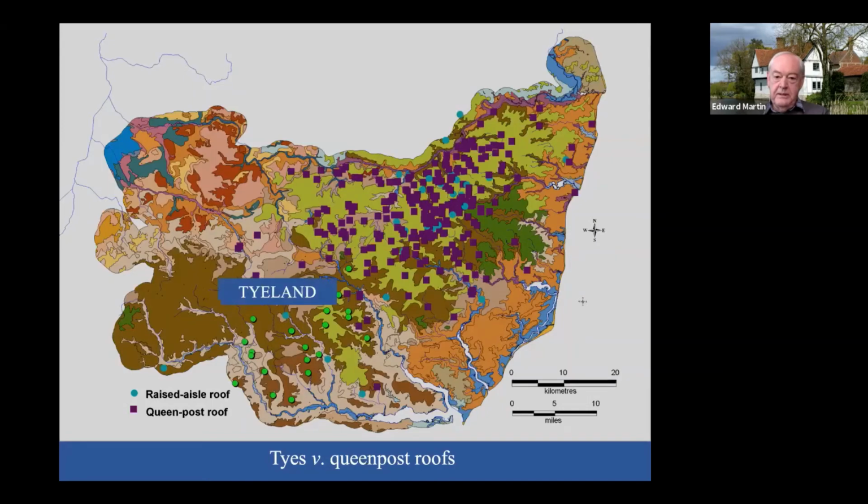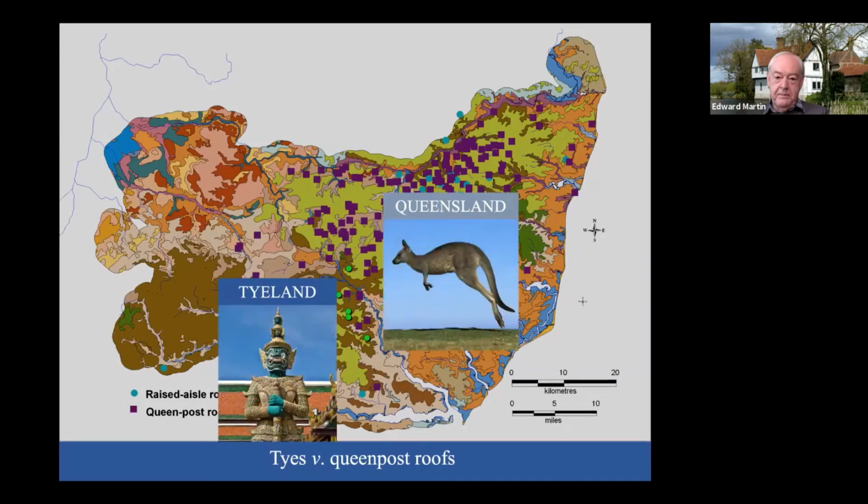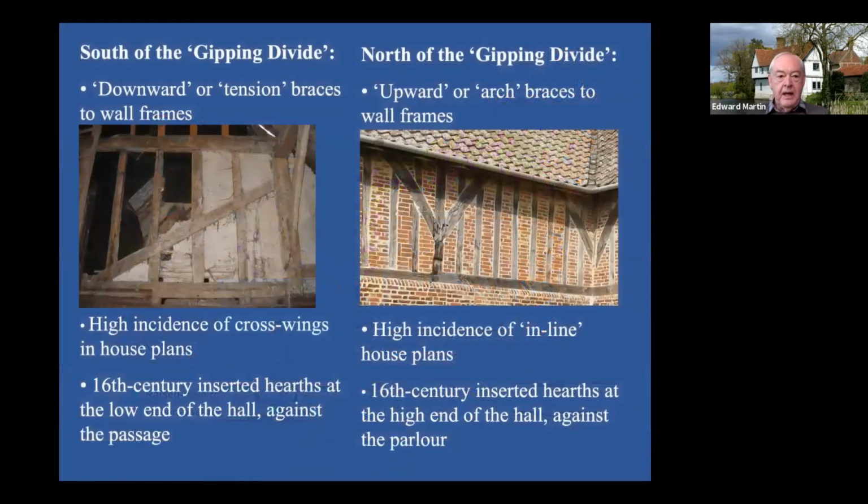And if you want to be funny about it, there you go, Queensland and Thailand, two different areas of Suffolk. That Gipping divide is actually curious because it indicates that there are different schools of carpentry going on. So as well as having the different sorts of roofs we saw, they do slightly different things to do with the braces, for instance,